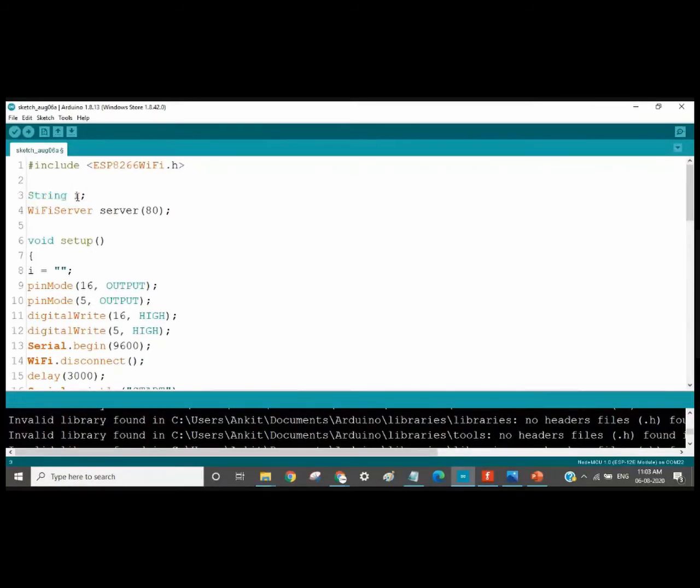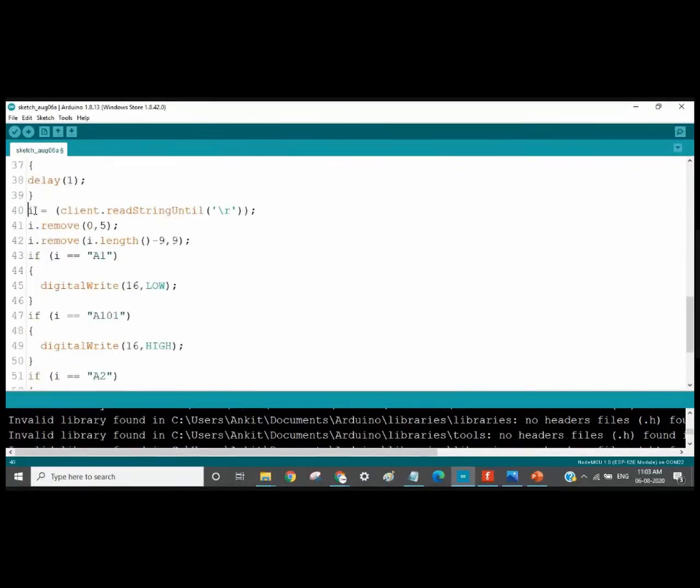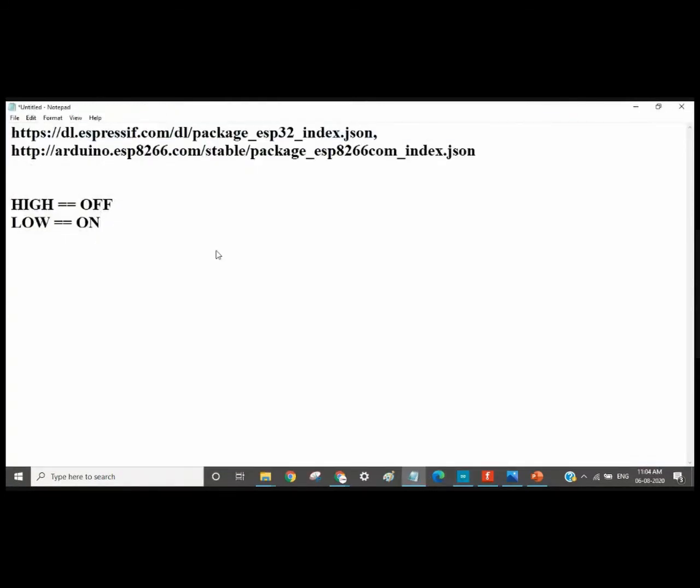We have declared a string I, which was an empty string. Now we will be storing the data to this string. We have to store this data because we need to remove some characters which are not required. For example, there are characters such as the IP address and all, right? Your command will be like this. I'll show you the type of command which we give to this.